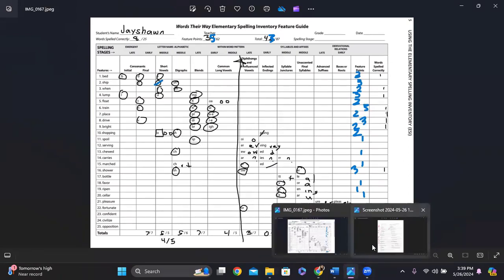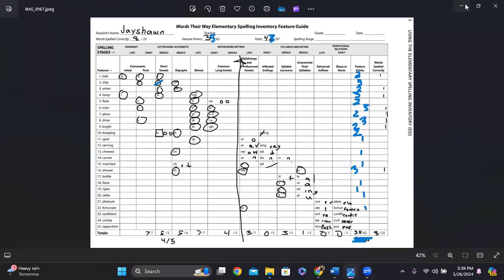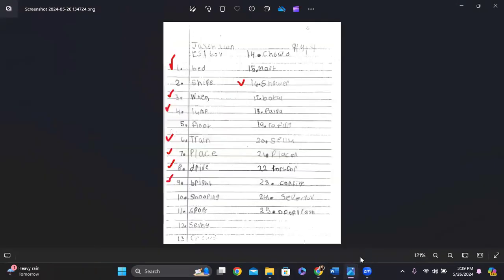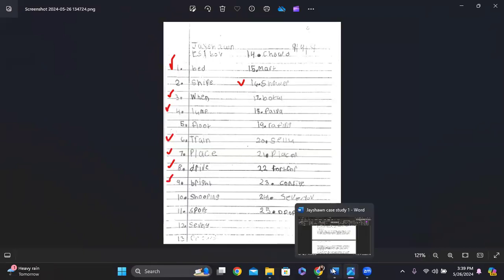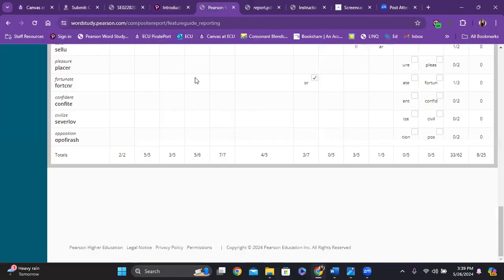And I also used his actual sheet and did red check marks on all of the words that were correct, just so I could have my power score at a glance, as well as I would have these to show to parents, teachers, whoever else I need to show these assessments to. I would have both this page and this page for documentation. After I did all that, I double checked my scores through this site